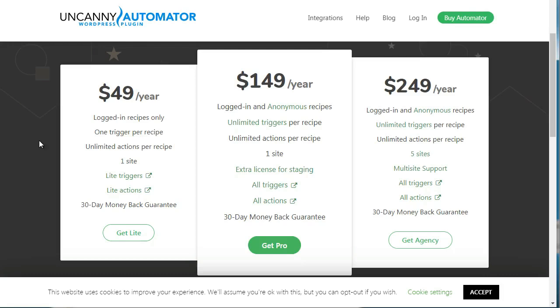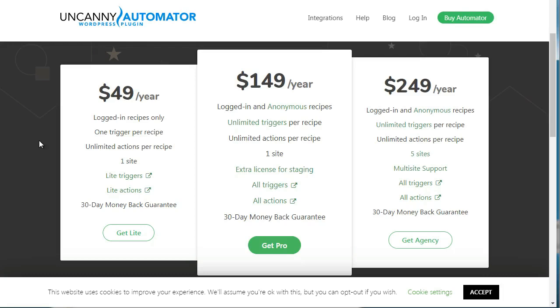But on the other hand, Zapier also provides access to over 1,500 apps, whereas the Uncanny Automator really focuses and hones in on WordPress plugins. So these two systems we highly recommend. We've used, we've tested, and we've really enjoyed using them. There are many other sites out there that do these kinds of things, but we've really narrowed it down to